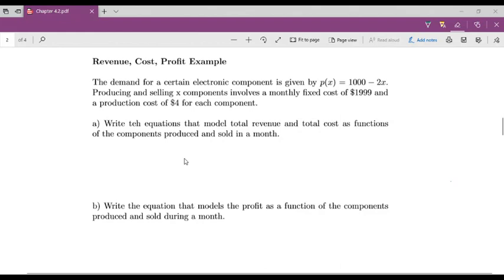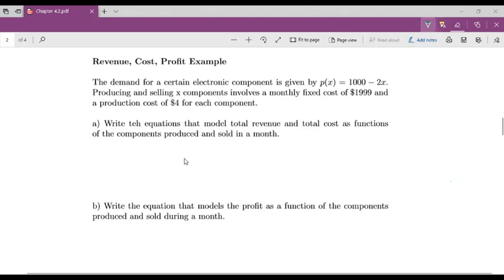Alright, so if we look at a revenue cost profit example, it says the demand for a certain electronic component is given by P of x equals 1000 minus 2x. Producing and selling x components involves a monthly fixed cost of $1,999 and a production cost of $4 for each component. A says write the equations that model total revenue and total cost as functions of the components produced and sold in a month. Okay, so